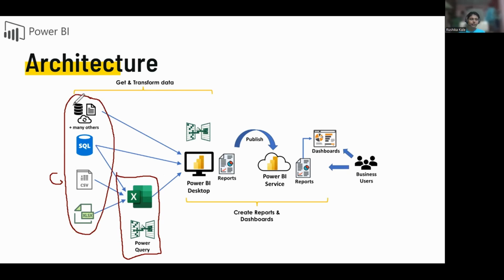So after collecting the data from different places, we have the ETL process to do. This Power Query concept is the ETL process in Power BI desktop. Next, once your ETL is done, this particular part here is the storage. That is the table view of Power BI desktop, where you will find all the data that you have collected in a clean format, stored at one place. Then in Power BI desktop, you are going to create reports. And with Power BI desktop, there is a concept called reports.